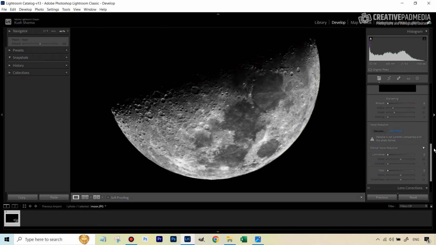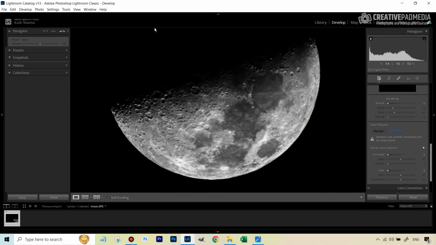There is an AI tool in Lightroom itself, which is right here, which says denoise. But can you see it says denoise is currently not compatible with this photo format? That's because we are editing a JPEG image. If we were editing a raw image, then we would have had denoise available to us. And denoise is an artificial intelligence-based tool which you just hit OK and it's just basically going to figure out the best way to remove noise from your shot. Unfortunately for us, in a JPEG it's not available, but like I said, not a problem, we will do it